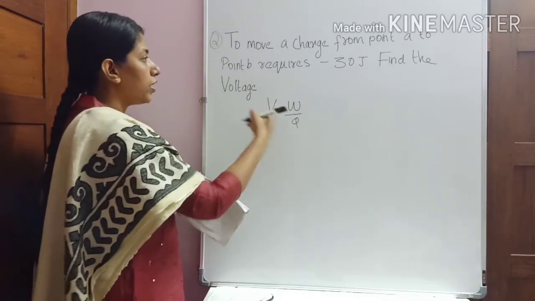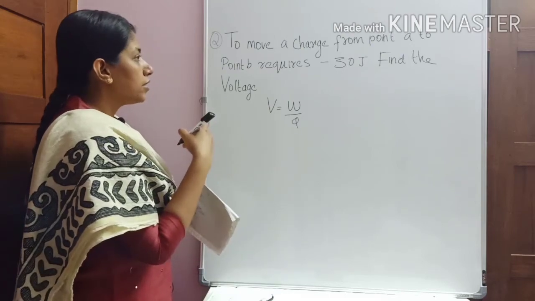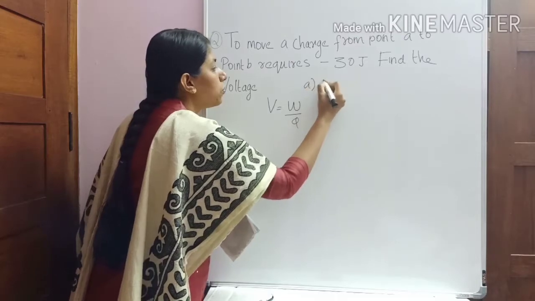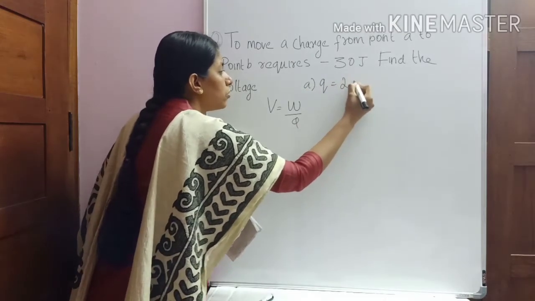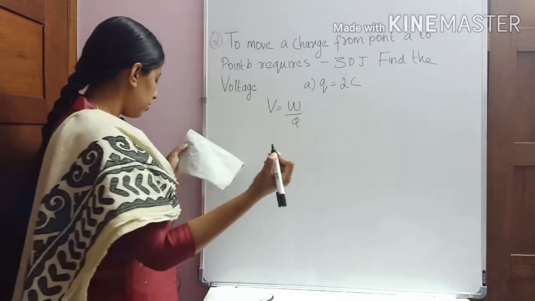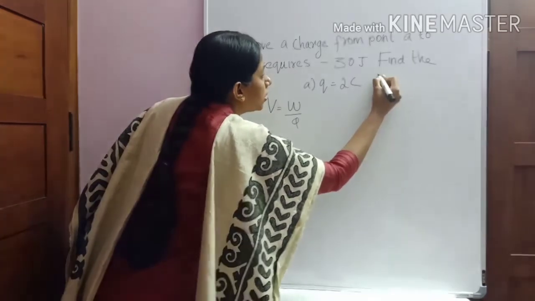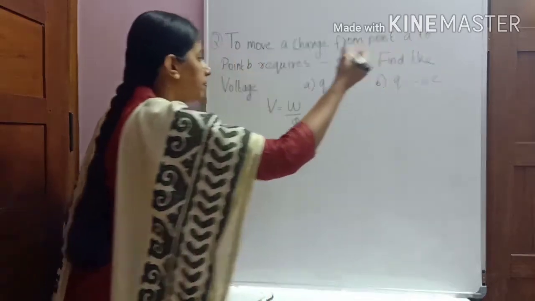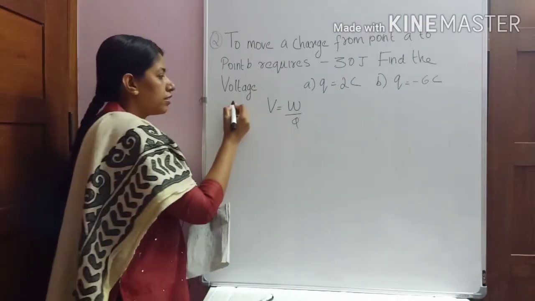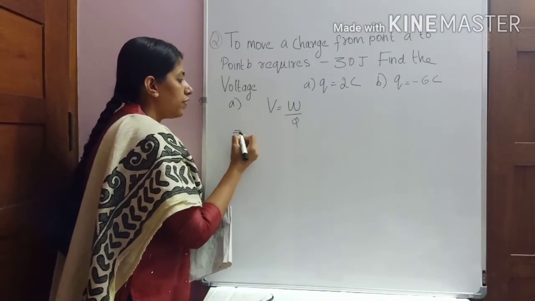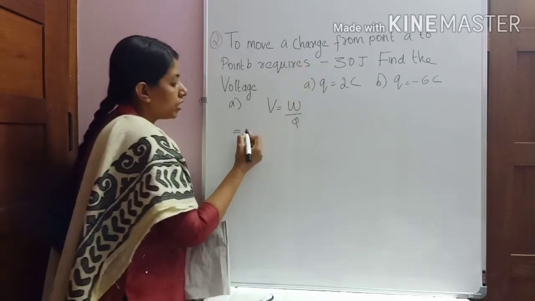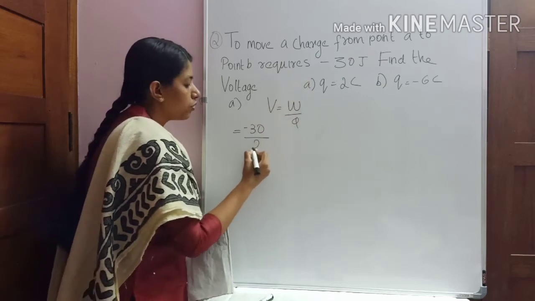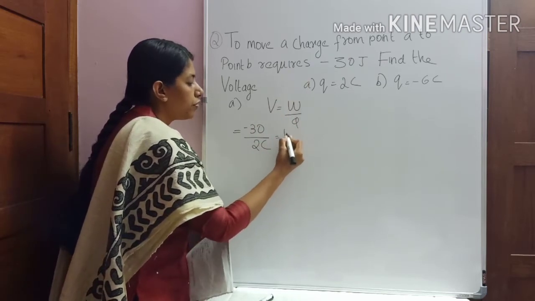We are given the value of W, and there is a small part for the question. If Q is 2 coulomb, and second, if Q is equal to minus 6 coulomb. So in the first case, V will be equal to, what is the energy? Minus 30 divided by Q, which is 2 coulomb. Therefore it will be 15